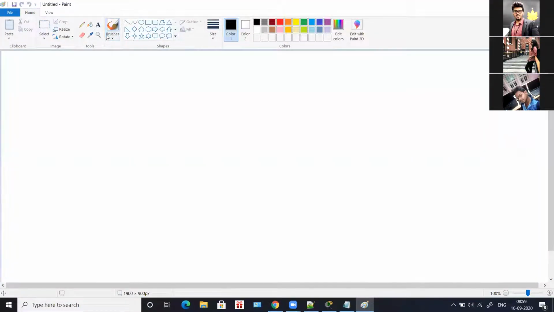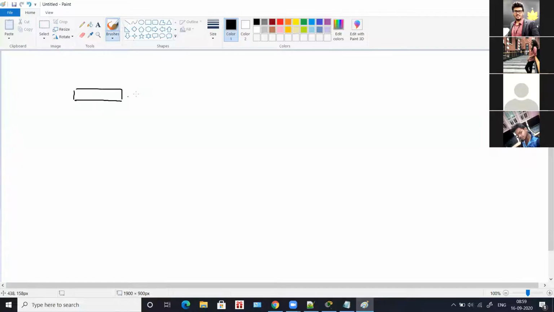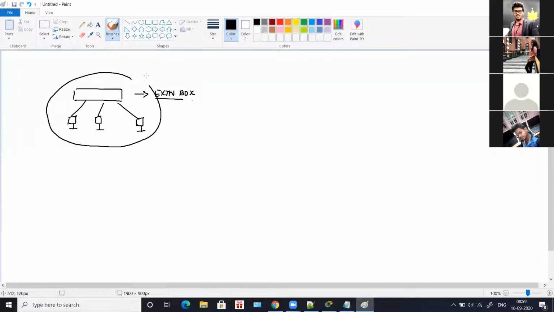As you all know, a switch is actually a device, something like an extension box. So why do we use a switch? We use a switch to connect many computers, and this setup is nothing but a LAN without internet.